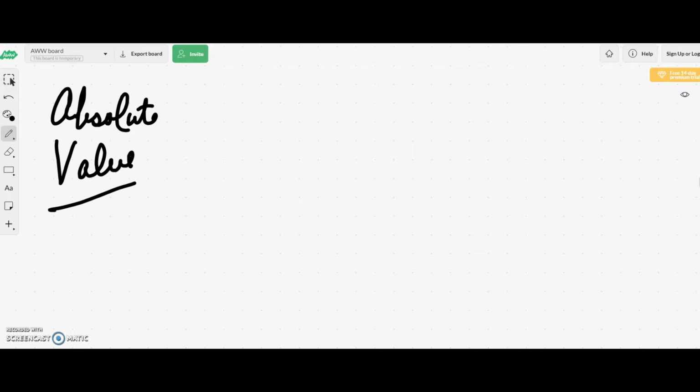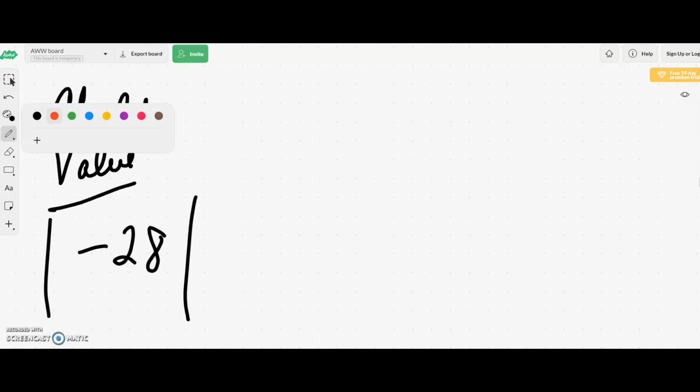The first thing you're going to do with absolute value is take the number, and I'm going to show you what it looks like. Let's say I give you the number negative 28, and to know that it's absolute value, you're going to have these lines on the outside. That's going to tell us we're talking about absolute value. I'm going to list the rules on the screen for you, and I'm going to read them to you. The first thing